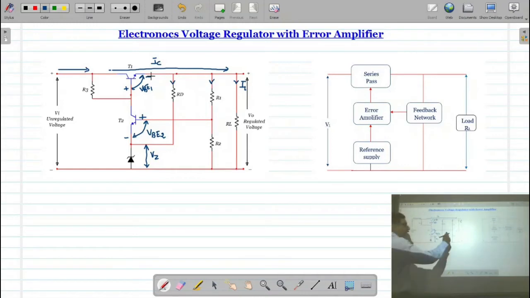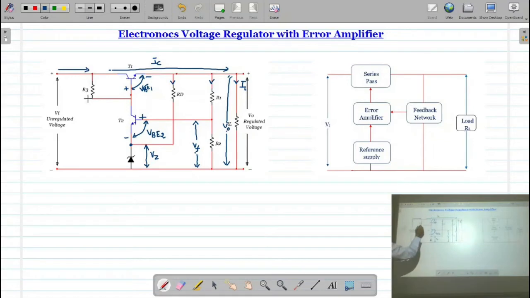Now across the feedback resistance we have this output voltage VO. Remember, the VO is there. Then this is a kind of potential divider circuit. Due to this potential divider circuit, you will get some voltage which is known as the feedback voltage. This feedback voltage is an input for the error amplifier, and one of the inputs is the fixed voltage, but this voltage is going to change as my output voltage increases or decreases.